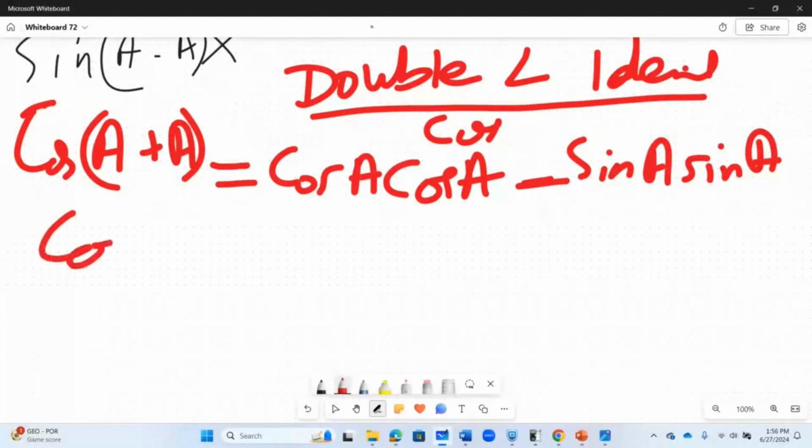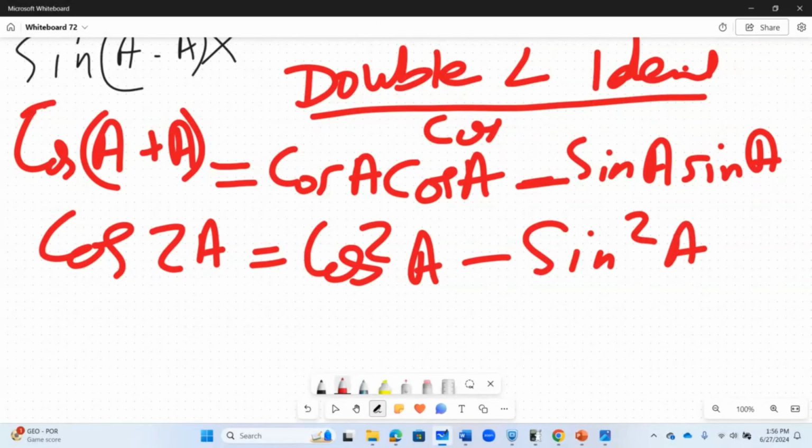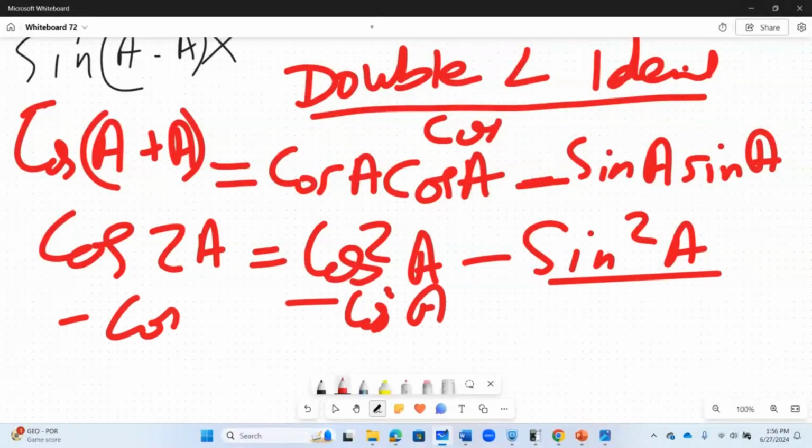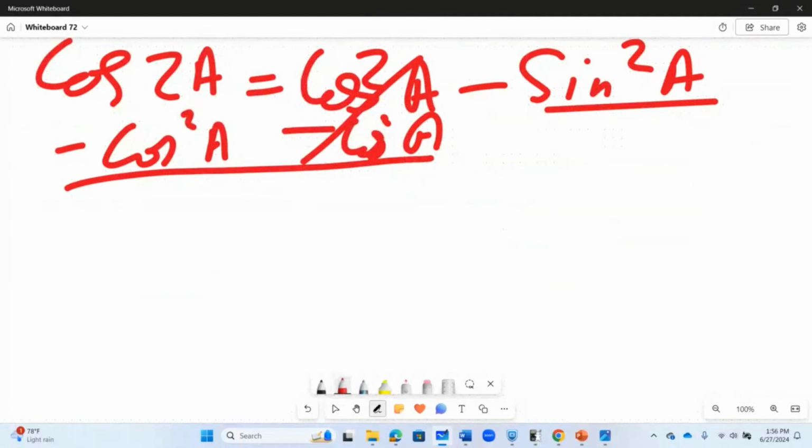So you can rewrite, you can say that cos 2A is actually cos squared A minus sine squared A. I can do that. Now you can see that I can decide to rewrite this one. So subtract cos squared A on both sides. This goes, and let me move this up a little bit. So on the left hand side, I have cos 2A minus cosine